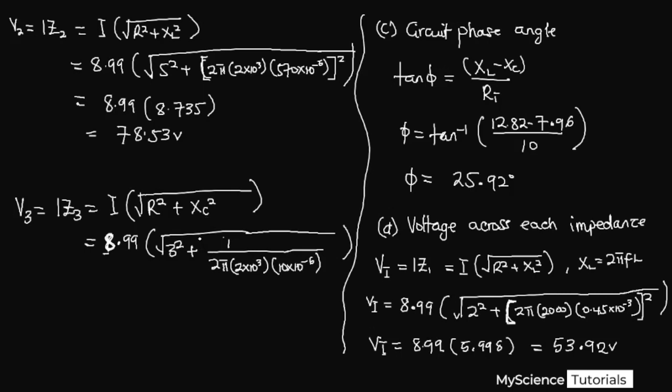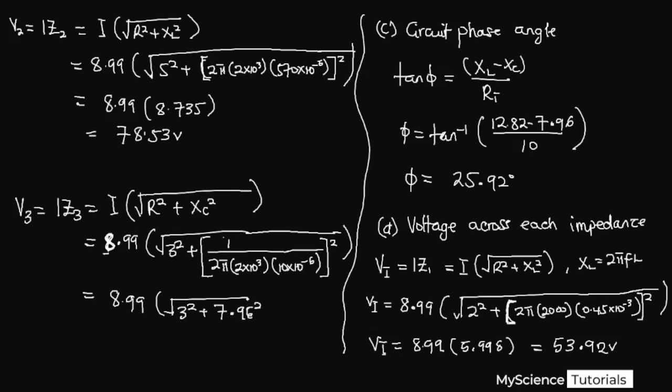That is just for XC. So we now have to square everything here whilst it's still under the root sign over here. All right, so we have 8.99 into bracket the root of 3 squared plus 1 over 2 pi multiplied by the frequency multiplied by this will give me